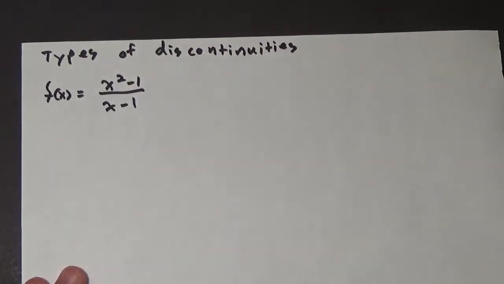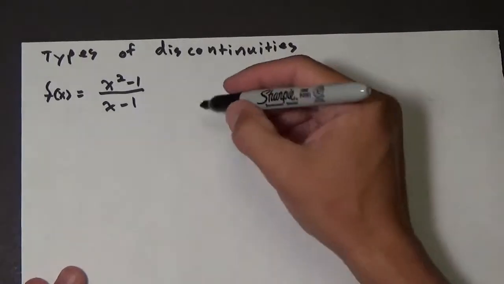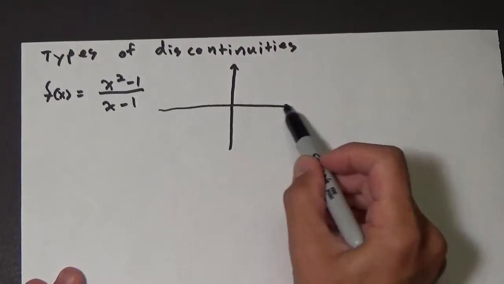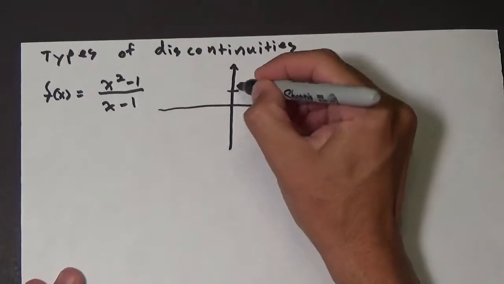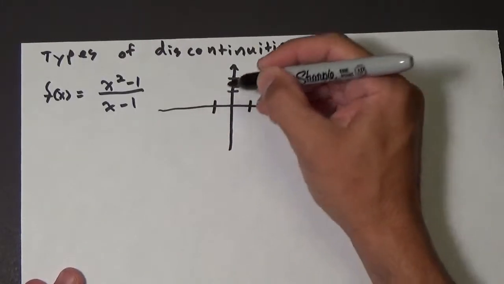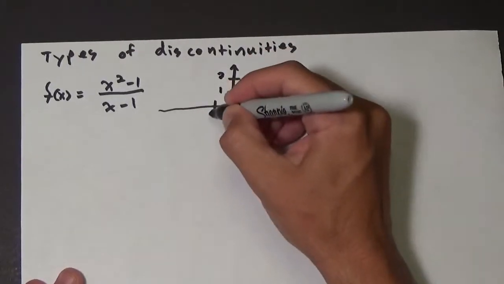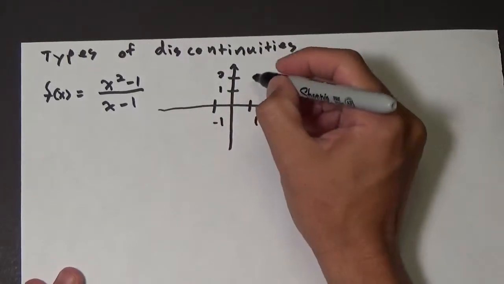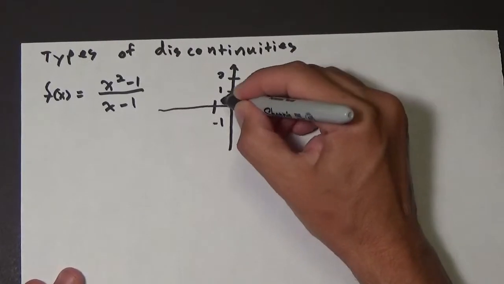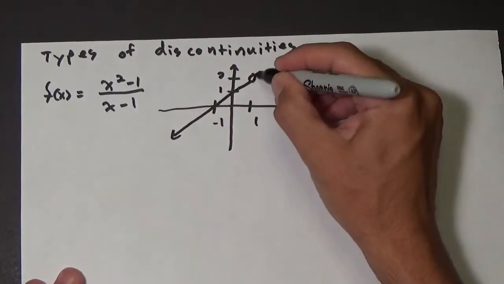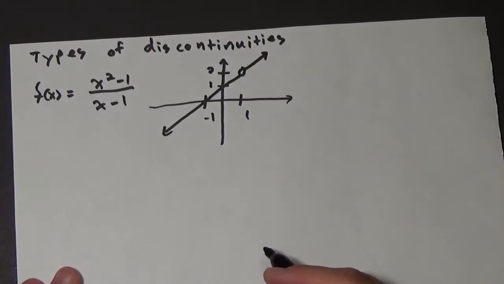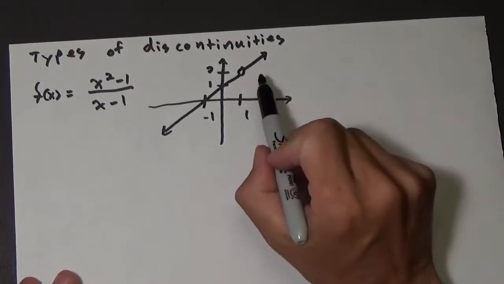So here we have a rational function. And if we were to sketch this out, we have 1, 2, 1, negative 1. And this thing would look something like this. All right. Okay, so